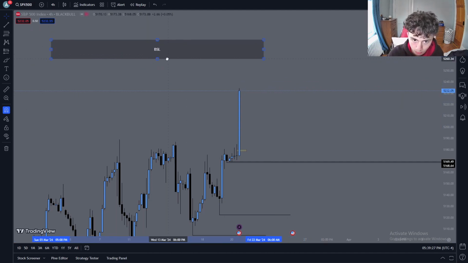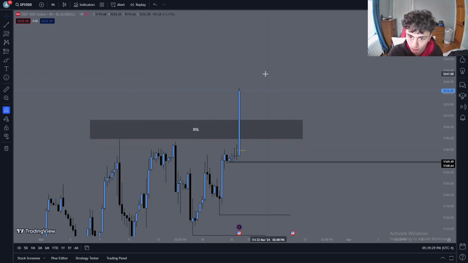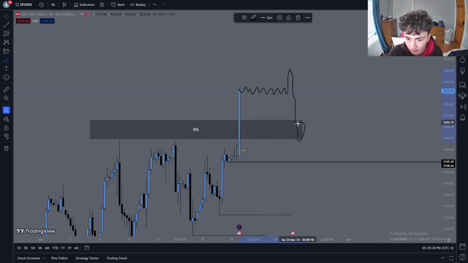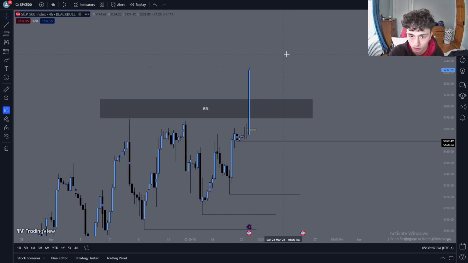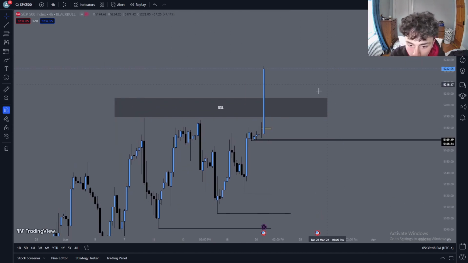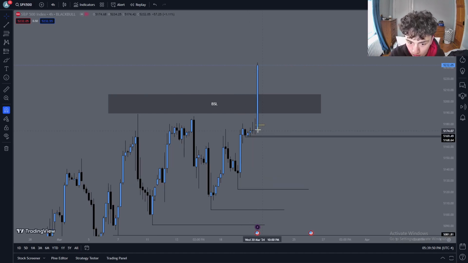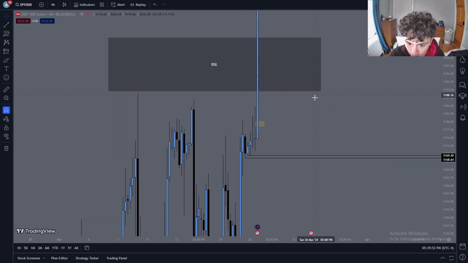There's no more buy side. So it has to generate some buy side liquidity. So this is what it would probably look at. Sweep up, and then we could find a move down. You can't take shorts. You can't take longs when BSL get hit because it's just too risky. You don't know. You have nothing to target. So I would like to see these low resistance liquidity areas get taken here